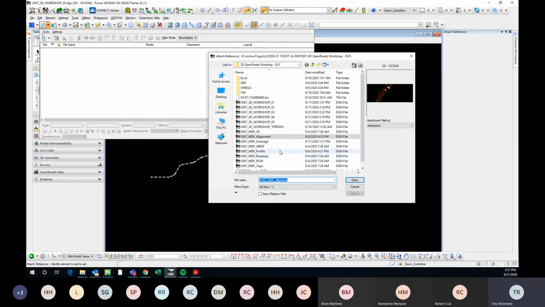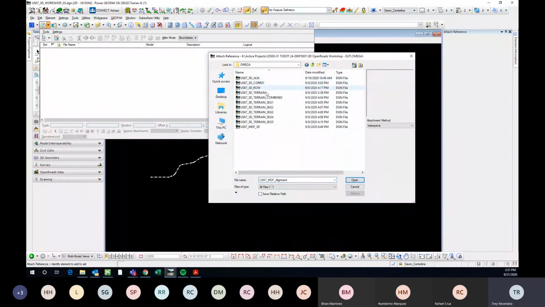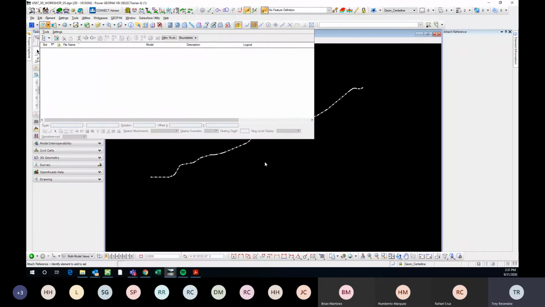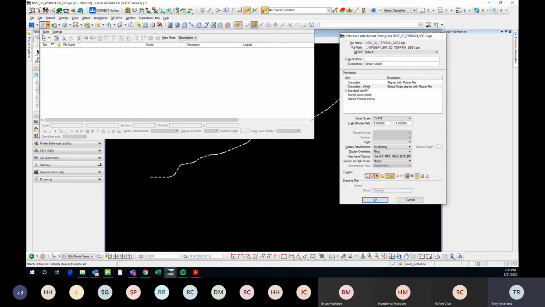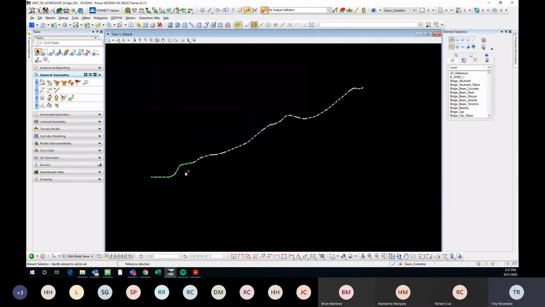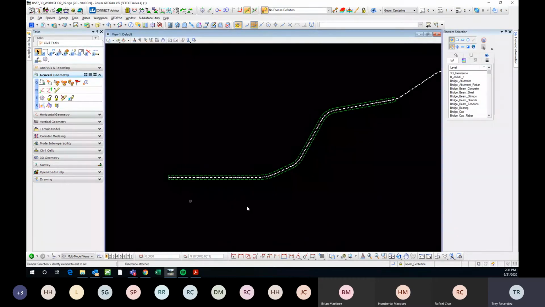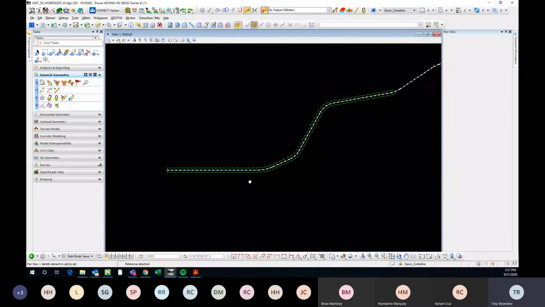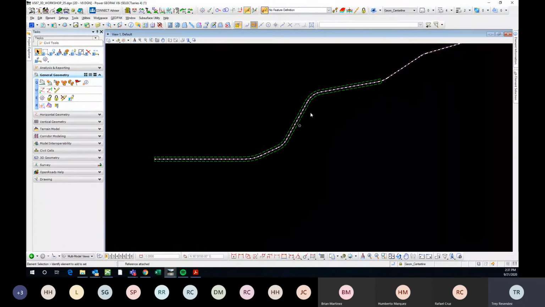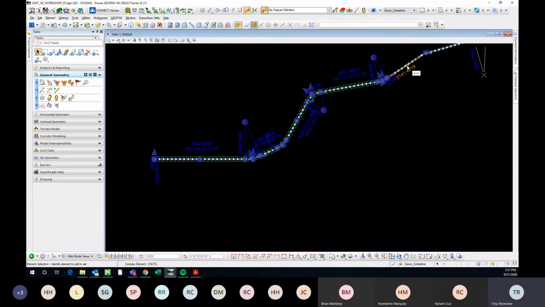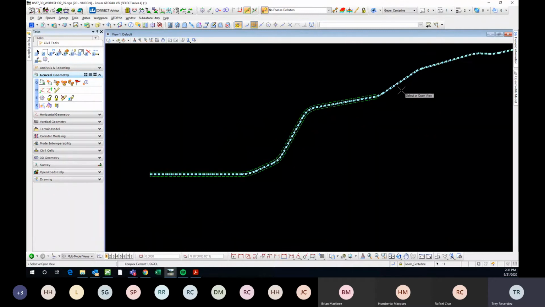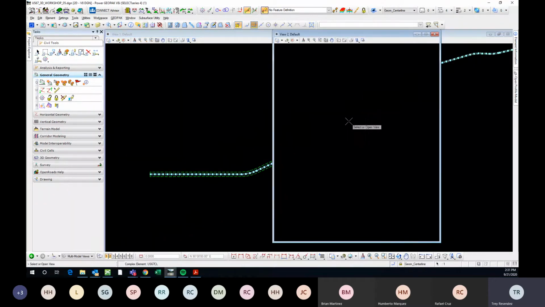Then I'm going to reference the segment 1 terrain, and we're going to see how to create a profile in this area. So here are the limits for segment 1, and if you go into the profile view of this horizontal alignment,